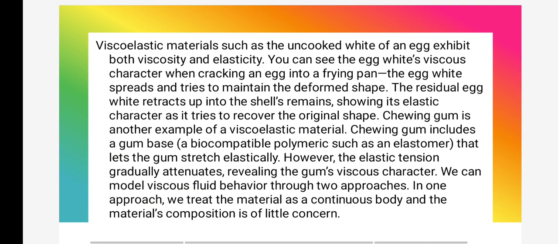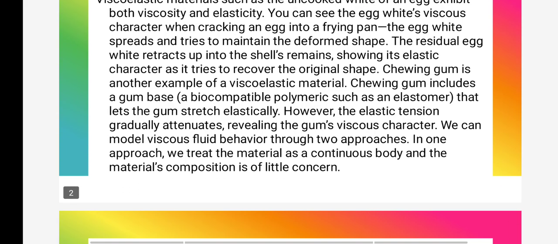Viscoelastic materials such as the uncooked white of an egg exhibit both viscosity and elasticity. You can see the egg white's viscous character when cracking an egg into a frying pan. The egg white spreads in threads to maintain the deformed shape. The residual egg white reacts up into the shell's remains, showing its elastic character as it tries to recover the original